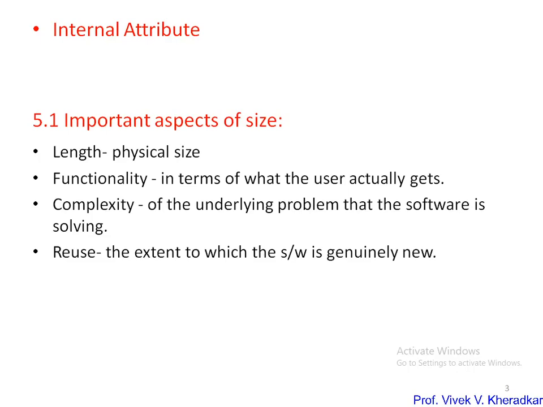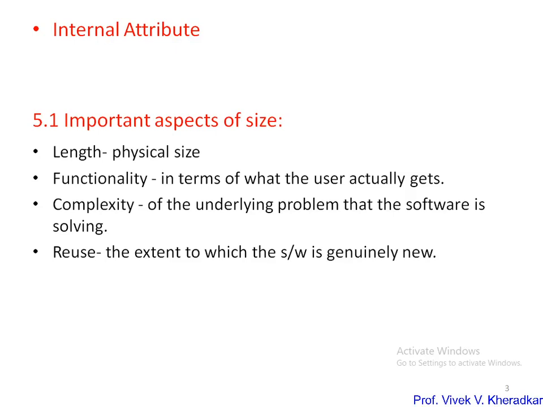So what is an internal attribute? Basically, an internal attribute describes the software product in such a way that it depends only on that product itself, so we can represent that product directly with the internal attribute value. The most obvious one is the size of a software system, which we measure statically without having to execute the system. So we will see the different ways to measure the size of any development product.